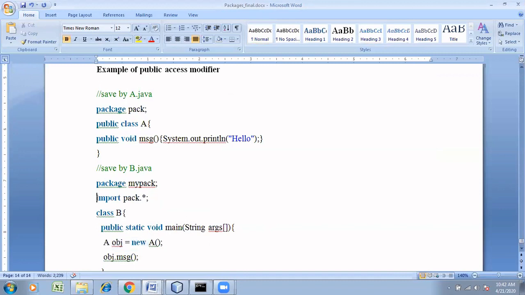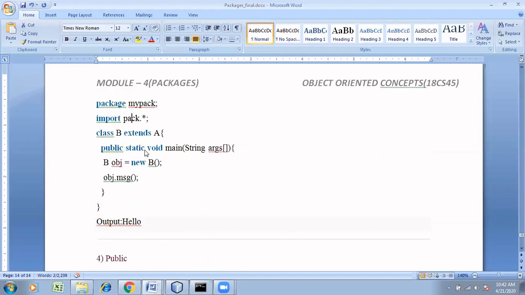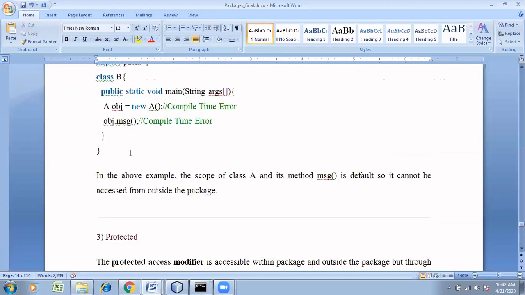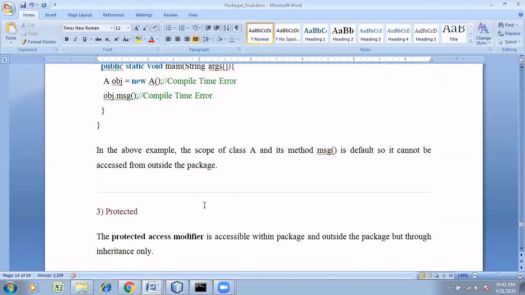Public is available even in the other packages, no, ma'am? It is accessible, but you are able to access A outside only. But A is not available to class B, isn't it? So how do you make A available to this source file? Just by an import statement. So if A was protected or private, then even if I import, I can't access. Yeah, you can't access. In all the cases I have done import. Here also import is there, here also import is there. Okay, understood. Thank you.